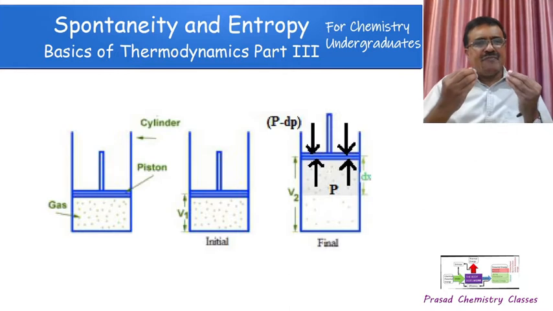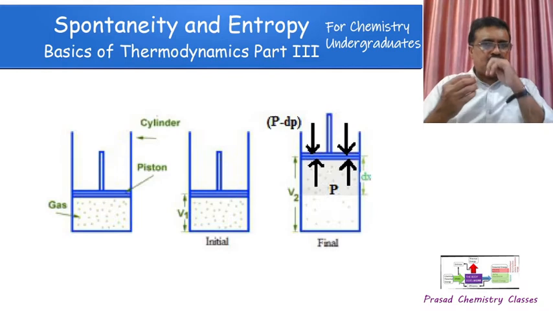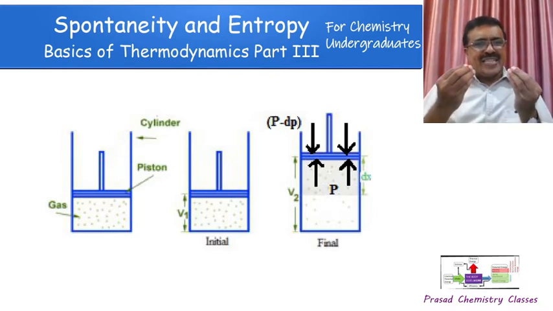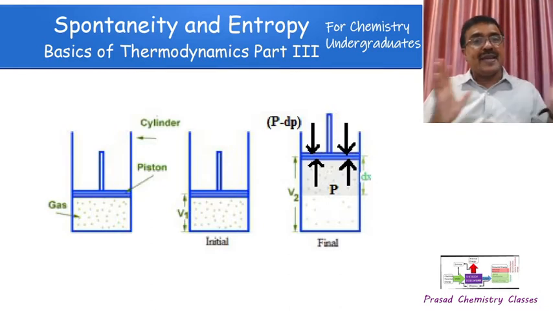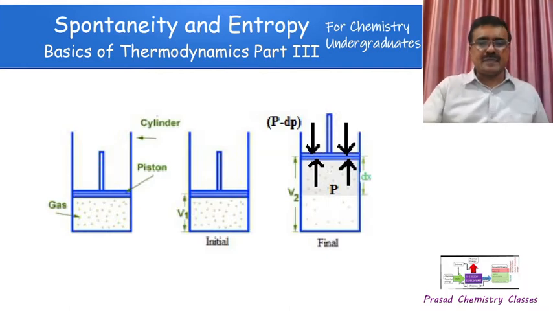So after infinitesimal expansion, the internal pressure also becomes equal to the external pressure. And we have to go on decreasing the external pressure infinitesimally slowly. Then only a reversible expansion of the gas will take place. If there is a measurable difference between internal and external pressure, the expansion will not be slow, and the expansion will be irreversible in nature. Or if a gas expands into vacuum also, then it will be irreversible in nature.